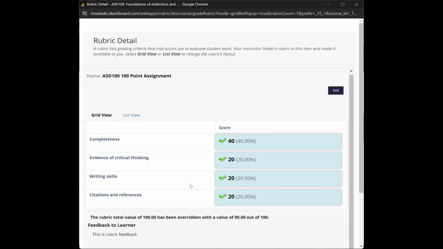If it had provided more columns, they would see the full rubric and the scores within this particular level of achievement. So I've got my criteria, levels of achievement. And then the feedback that was given in the rubric box, that blue area from the instructor view, shows down here at the bottom of the screen.